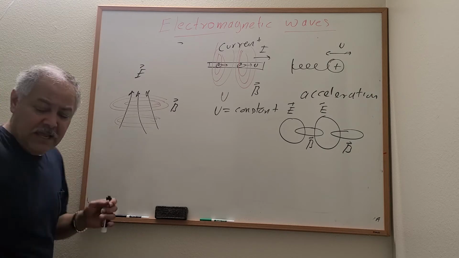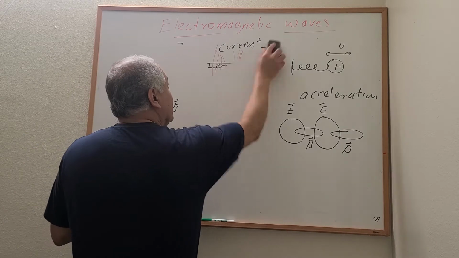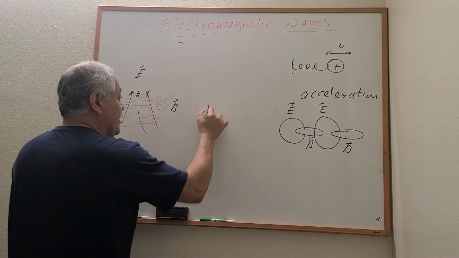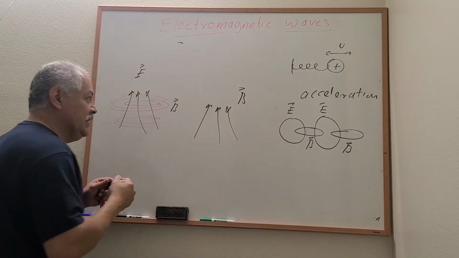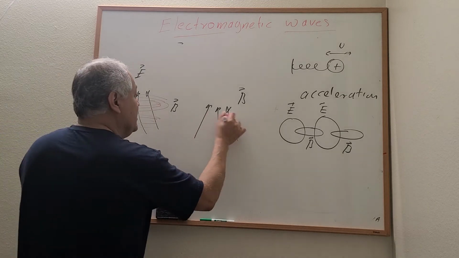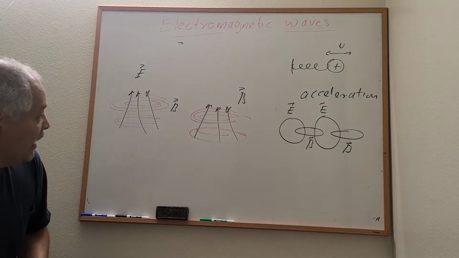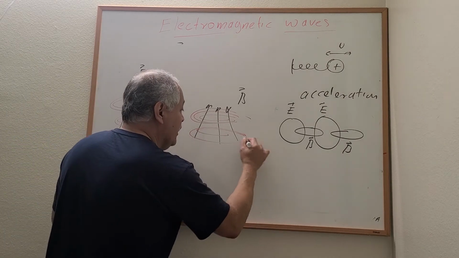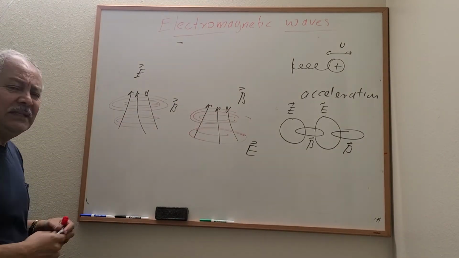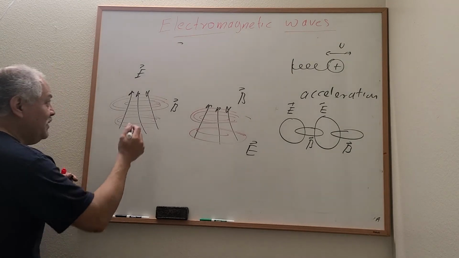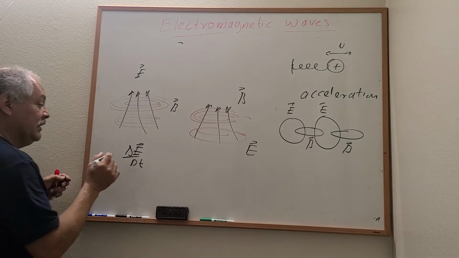Now, if we have a magnetic field that changes too, we create the same concept. Imagine we have a magnetic field that changes in this way. If it changes, of course, it induces an electric field. So we have an electric field induced because of the change in the magnetic field. So what we get is that right here a change in the electric field produces